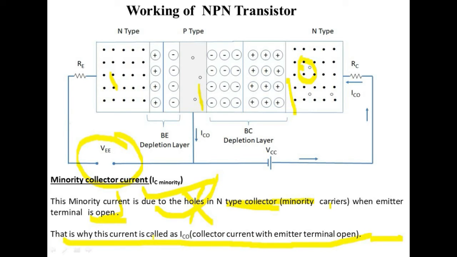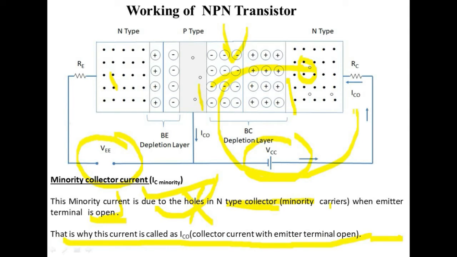It means there is definitely a current flowing in the reverse direction. Here we see this polarity VCC, and the holes are the minority carriers. The polarity suggests that this is negative, and this is the charge of negative. These are the negative charges, so these holes will be attracted by these negative charges. So these holes will start to flow in this direction.